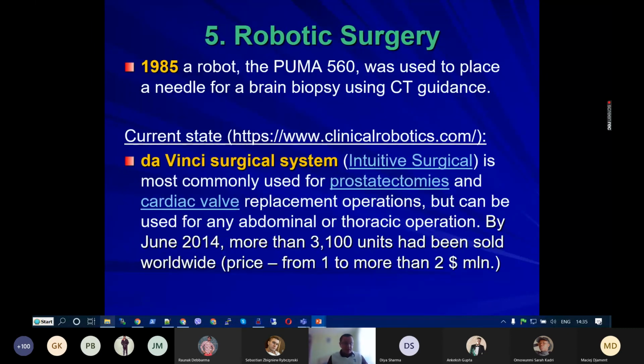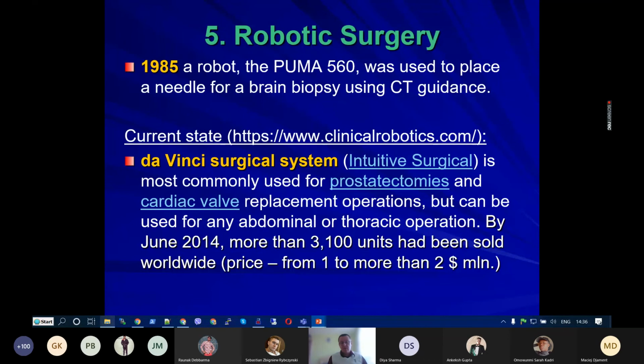Anyway, the first experiment was done in the middle of the 1980s. That was the first experiment placing a needle for brain biopsy using CT guidance, which was done automatically. And right now, the major stakeholder, the major player in this market